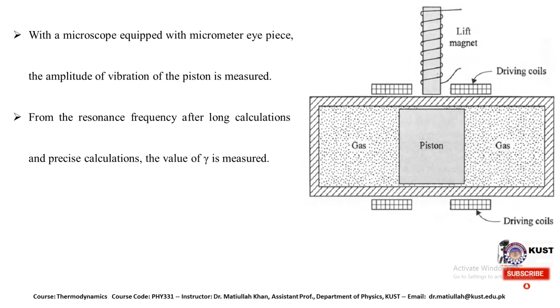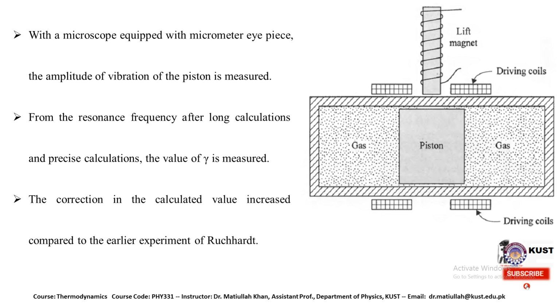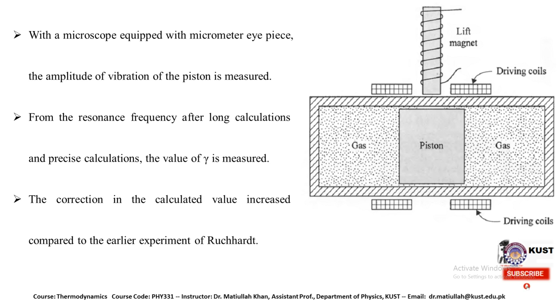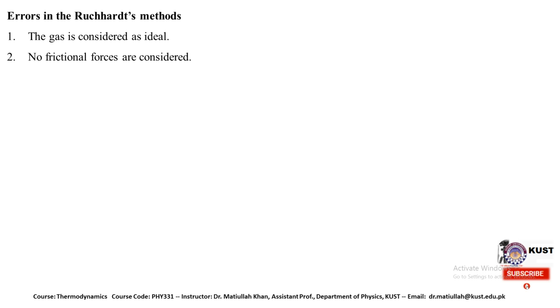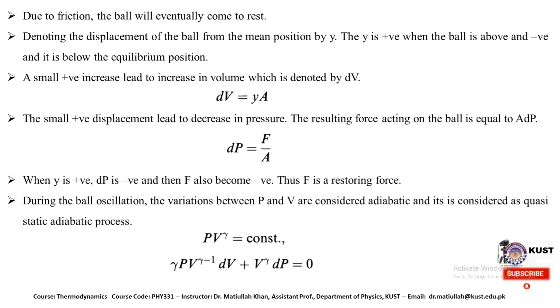From all this calculation, the value of gamma is finally measured when the curves are drawn over each other and the resonant frequency is clarified. So the correction in the calculated values increased compared to the earlier experiment. If we compare the accuracy of the two experiments, the Kitts experiment and the first experiment performed by Rüchardt,